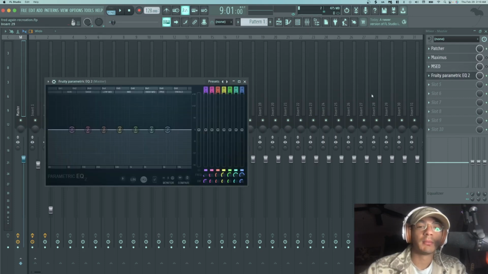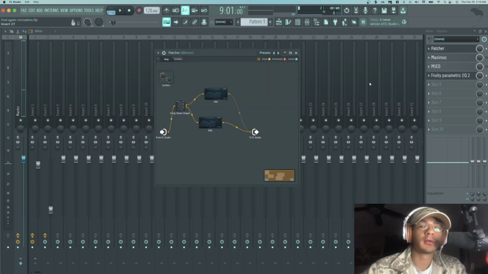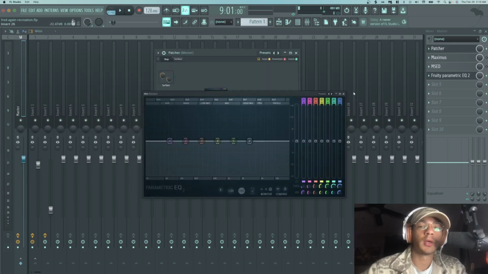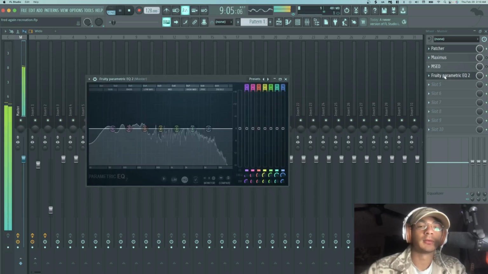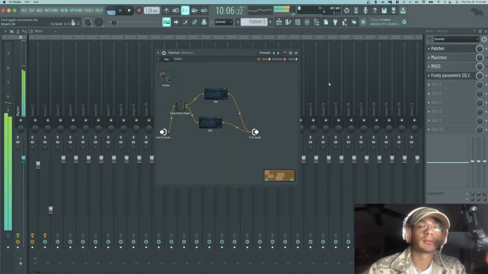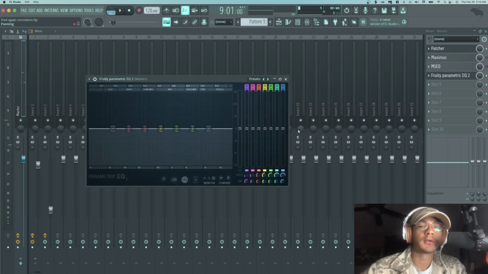once we mute the mids, let's look at our EQ. And unfortunately, no signal comes through on our EQ when the mids are muted. Let's bring the mids back. And so we either just have to listen to what the sides sound like and try to balance it that way,